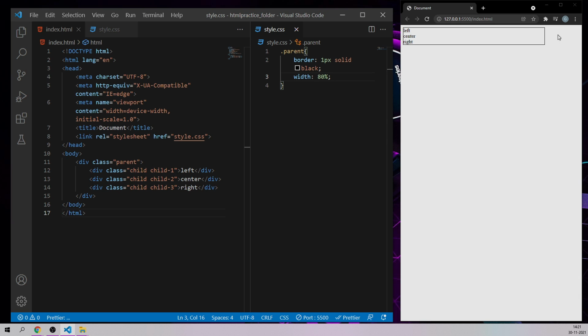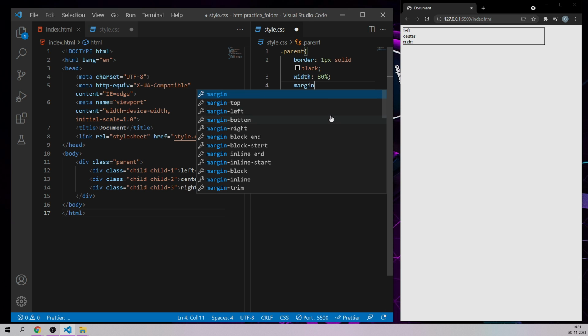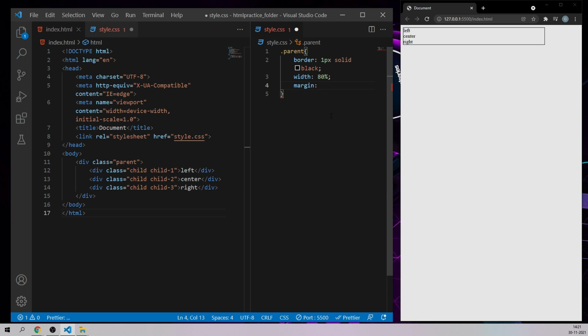As you can see here on the right side we have a 20% gap. Now I'm going to adjust the margin between the left side and the right side. So here we say margin colon, and I'm going to give two values. The first one is for top and bottom margin, where I don't want any margin, so I'm keeping it as 0. The next one will be the left and right margin, and that should automatically adjust itself, so I'm going to say auto. So margin is 0 top and bottom, and auto is left and right.